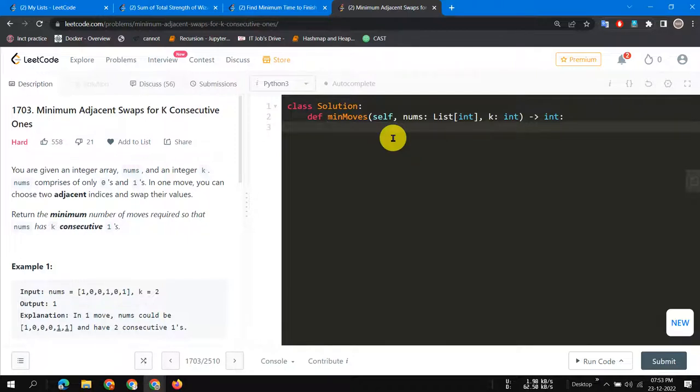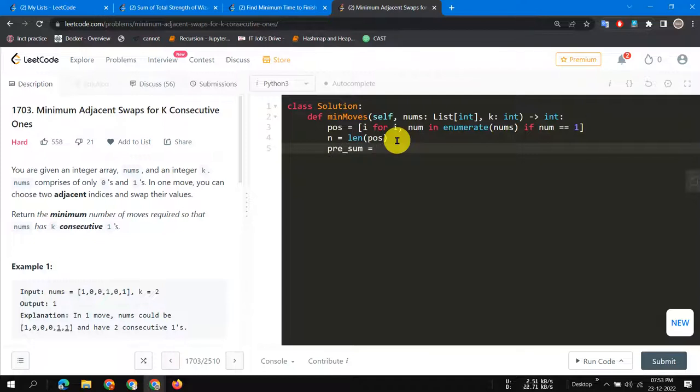So first of all I have to make an array for calculating the indices of ones, right? So what I will do is: position equal to [i for i, num in enumerate(nums) if num == 1]. So I'm coding in Python, so you can code in whatever language you want, because logic is more important than coding. And as you know, as we calculated the prefix sum,